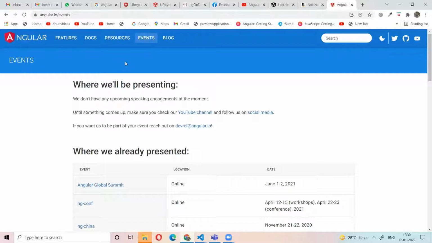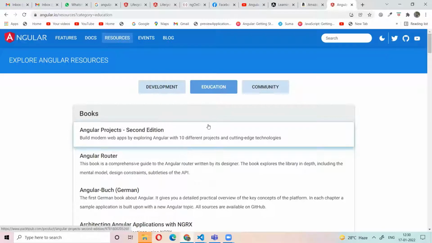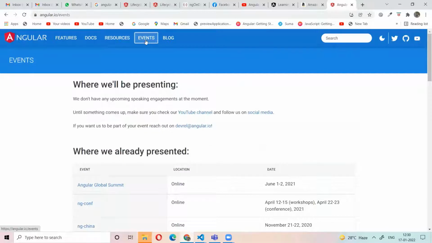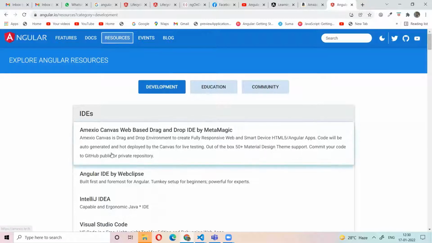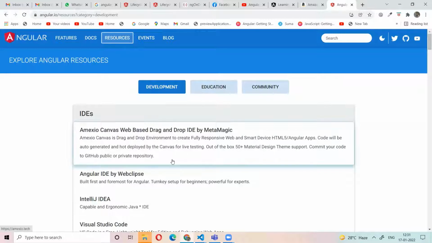For example, even the docs here in the resource page. In the resource page, I click the education. Now I'm going to the events page. Again, I come back to the resource page. So what happened? It was resetting. If you're not destroying the data, then again it will be there only. It is merged with the current view, so both views need to be destroyed. Here it was destroyed, that's why it is initializing again.